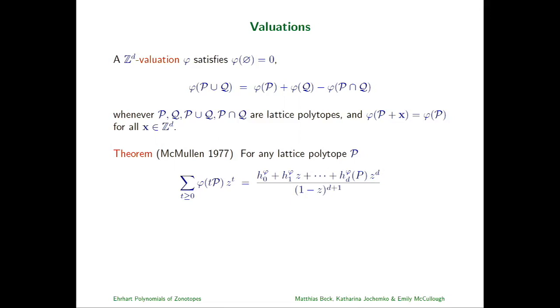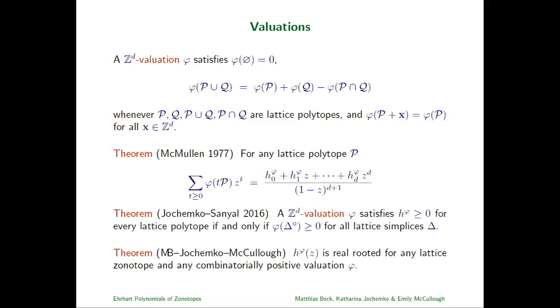And McMullen proved this generalization of Ehrhart's theorem, that if you play this dilation game for valuations, the same thing works. And Raman and Katharina have this beautiful theorem that was published last year, where they characterize